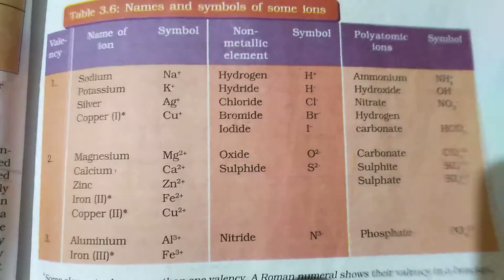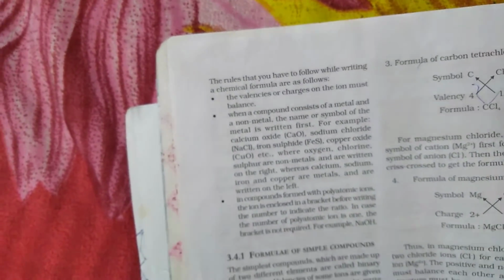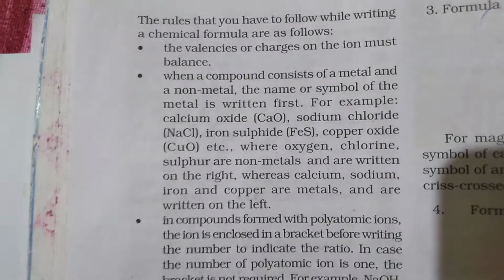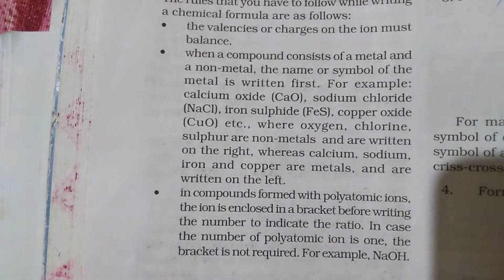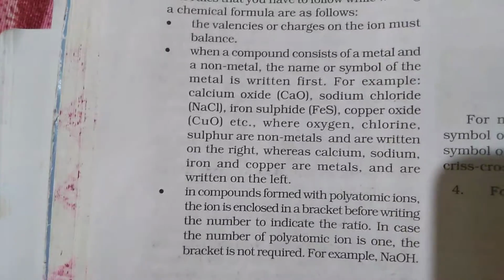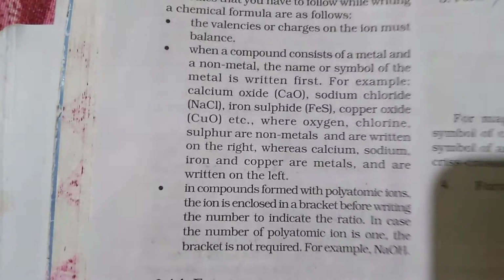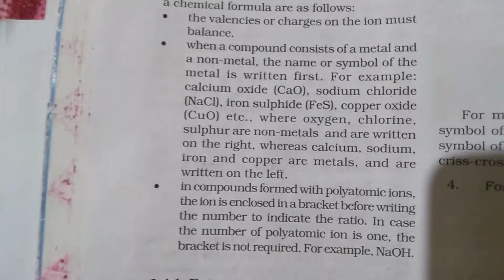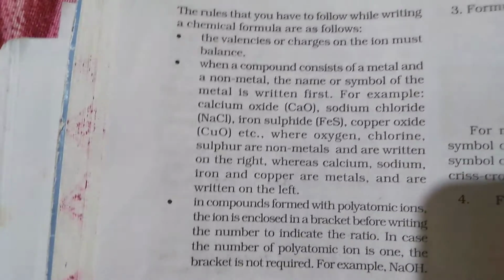Okay. Here, to write chemical formulae, we have some rules. How to write chemical formulae? What rules do we have to follow? First one, the valency or charge on the ions must be balanced in the compound. Sodium hydroxide: the sodium valency and hydroxide valency will be balanced, then only we can write the compound. Na+, OH-. Na+ has 1, OH- has 1, so 1 plus and 1 minus is balanced, sodium hydroxide. Like this, the charges in a compound should be balanced.